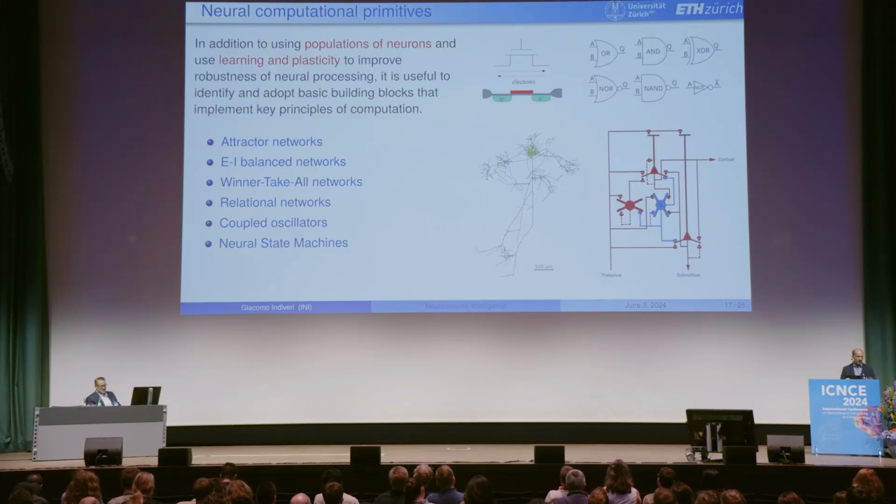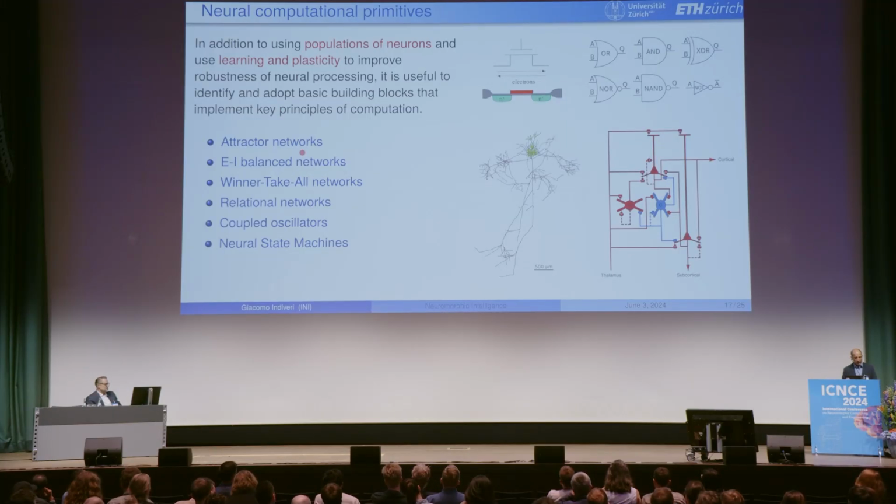And these primitives, the community of theoretical neuroscientists has been identifying them, going from attractor networks, EI balanced networks, winner-take-all networks. They are all flavors of the same idea of a canonical circuit in which excitatory neurons, these triangles here, are connected through inhibitory neurons, the circles here, with positive and negative feedback loops. By changing the properties and the weights of these connections, you can get different behaviors, from filters, from continuous signals, to manipulating symbols, for example, playing chess or Sudoku or other problems.